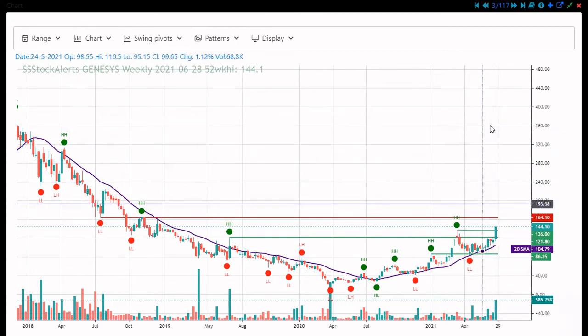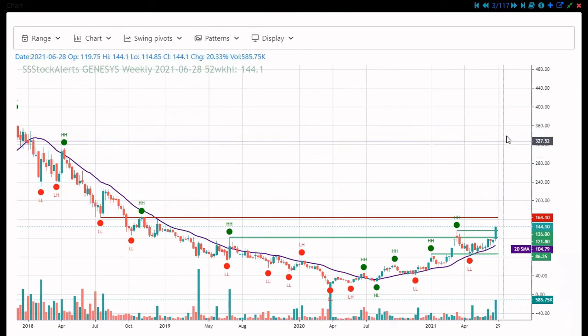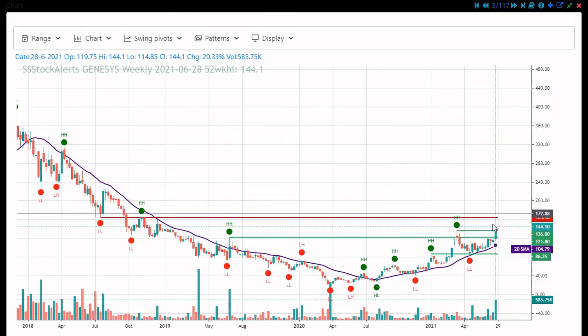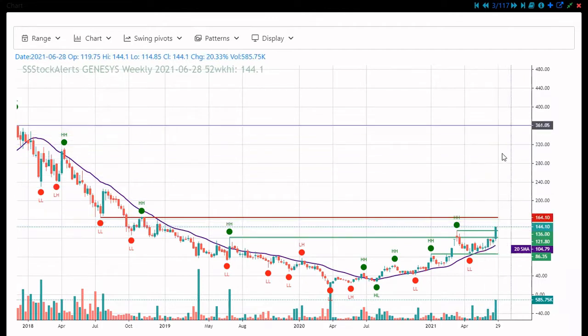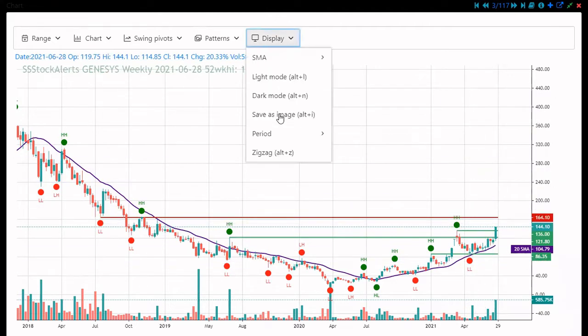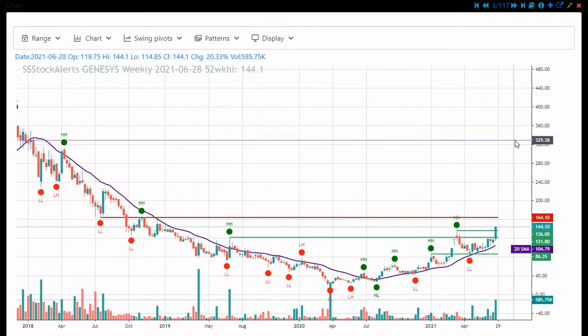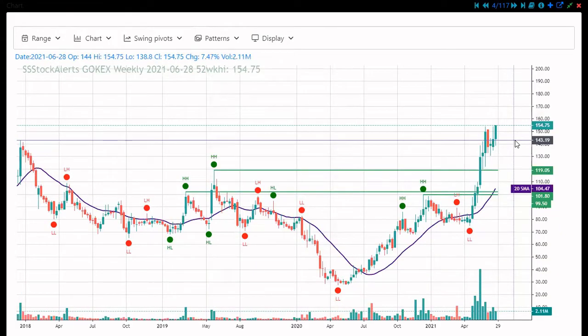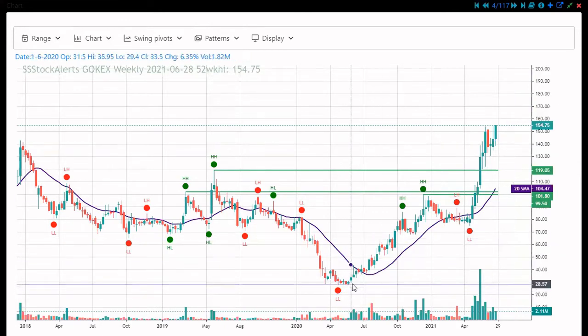So it will take some 6 months. When you are giving longer targets, you have to allow longer time. So we will just click here and save as image. You can download this image to your machine, and once we are done with this analysis, we will go to the downloaded images and review them. So see again another example.